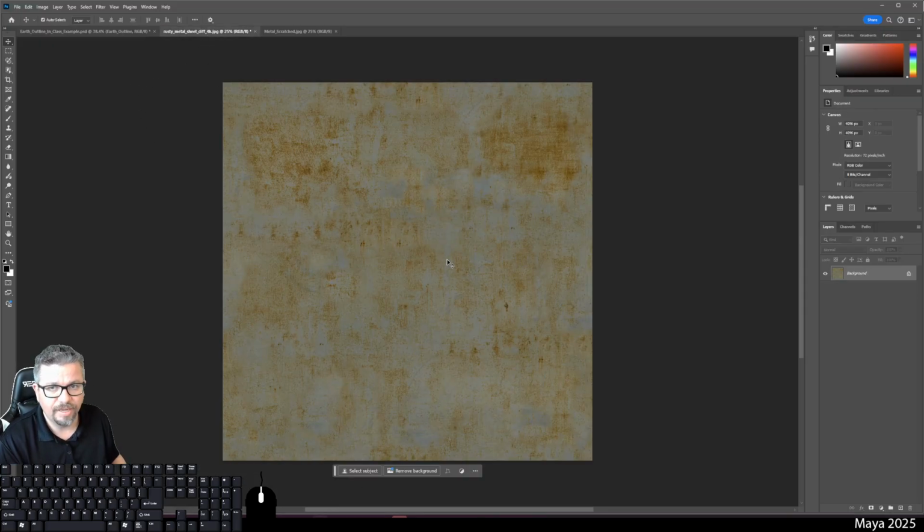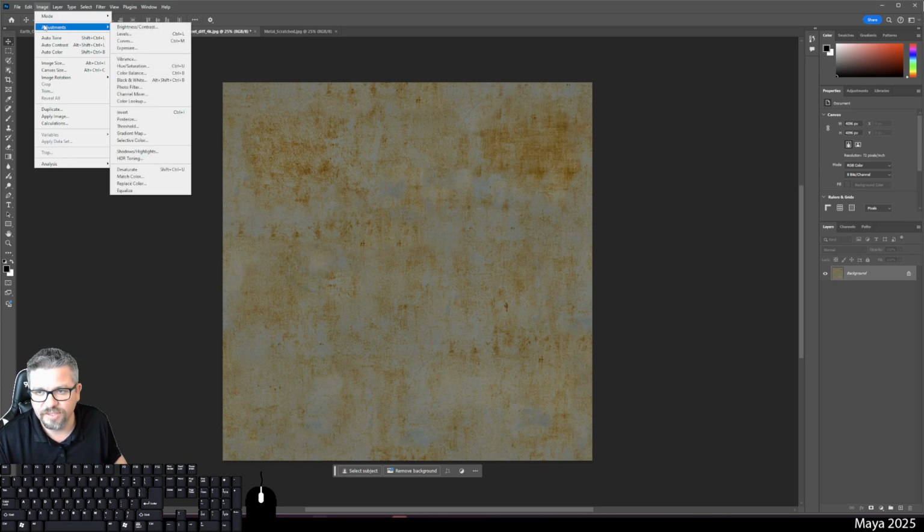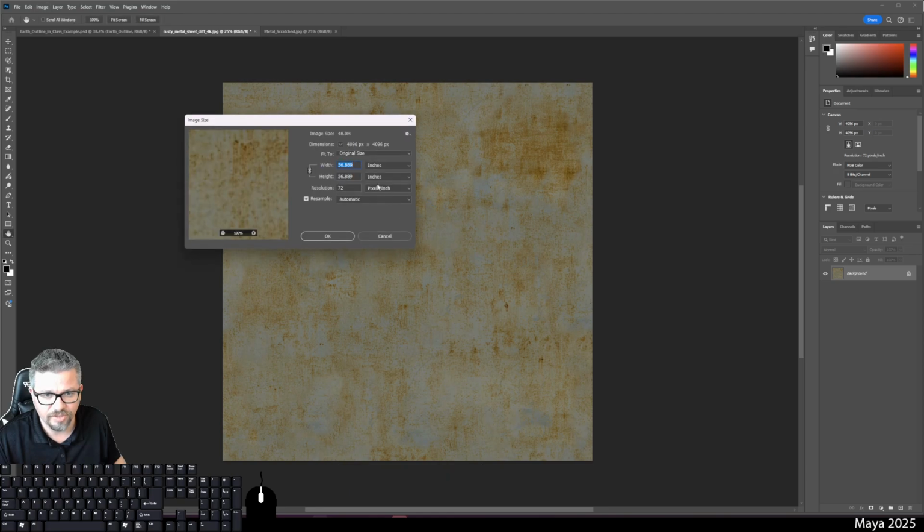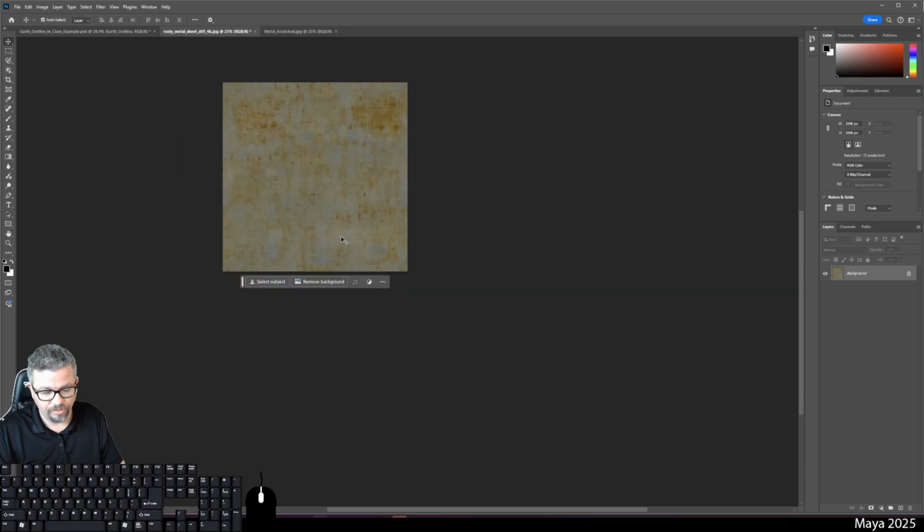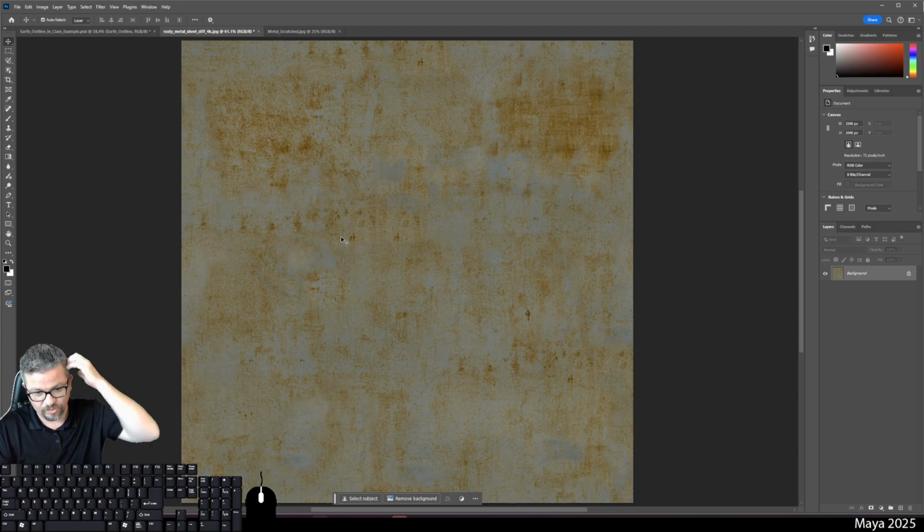I have my little rusty metal file here that you can download, and we're mostly going to be touching base on Specular and Normal Maps. This file is probably a 4K file, so if it's too large, you could go to image adjustments, change this to pixels, 4096. We can go to 2048 and just hit OK. You're going to lose some of that resolution, but your image file is going to be like 4 times less in memory,